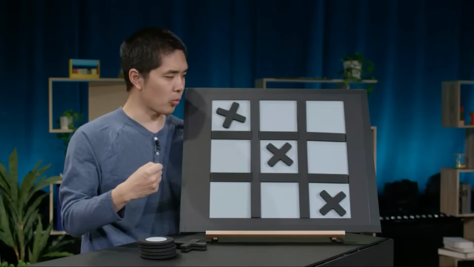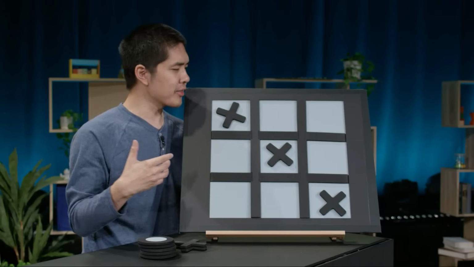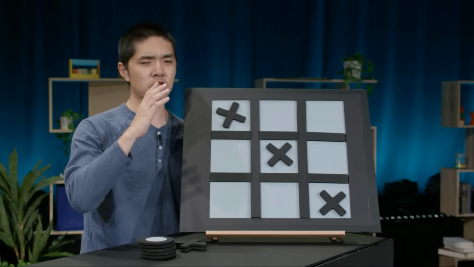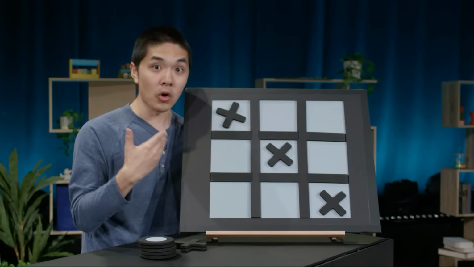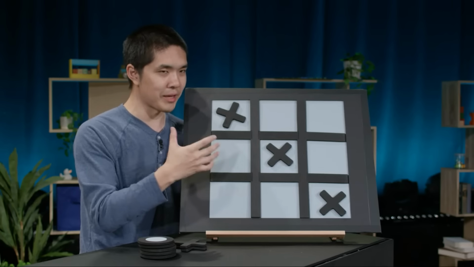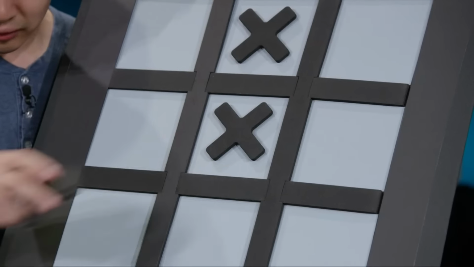So all of these are different ways to win the game of tic-tac-toe. But now that we have the rules in place, let's try and think about some of the strategy. And before we try to encode the strategy of this game into a computer, we can start by formalizing our own human strategy. How would we try to play this game in a way that allows us to win? Well, let's take a look at a few possibilities.